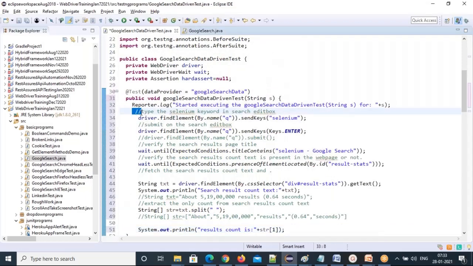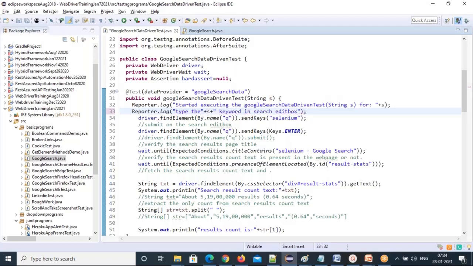Here, for all the steps you have to use Reporter.log. Put double quotes: type the Selenium keyword inside the search box, inside the log parentheses. But there are many keywords I'm typing, right? So I want to parameterize this comment also.